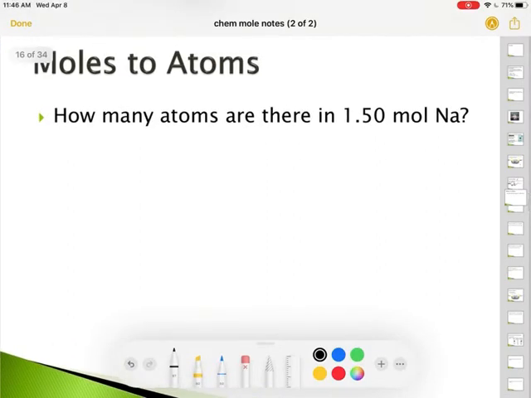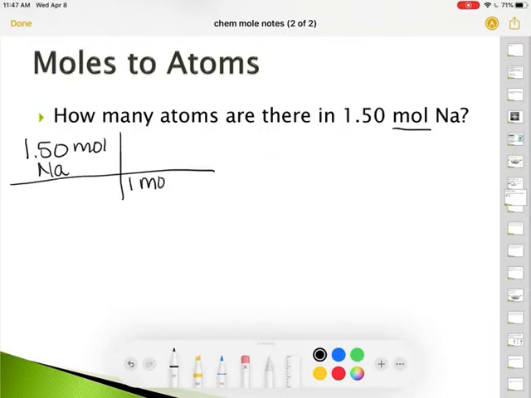Okay, so now we're going the other way. All right. Now we are going from moles to atoms. Okay. So we have 1.50 moles. And by the way, the abbreviation for moles is MOL. So if you want to save the time it takes you to write a letter E, that is the official abbreviation. It's not a Y. Okay. If I have 1.50 moles of sodium,